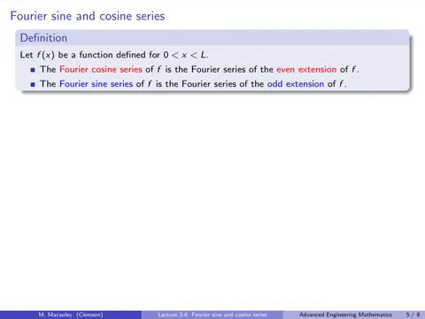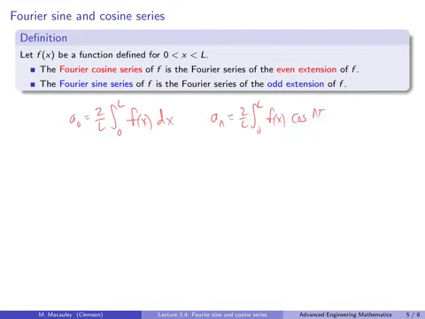So by definition, for the Fourier cosine series, A naught is 2 over L times the integral from 0 to L of f of x dx, and A_n is 2 over L times the integral from 0 to L of f of x cosine of n pi x over L. Because the function is even by construction, we have formulas for A naught and A_n, and we can always integrate from 0 to L and double it. In the Fourier cosine series of f,